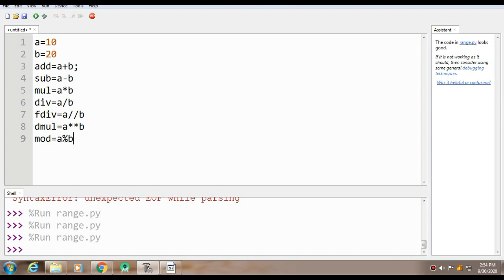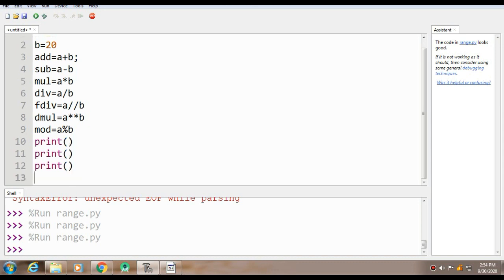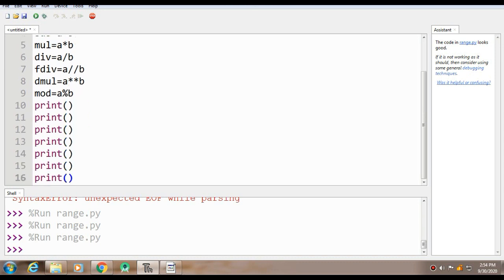Okay, so we'll quickly print all of these values. Let me copy this function. We have performed 7 functions: 1, 2, 3, 4, 5, 6 and 7.